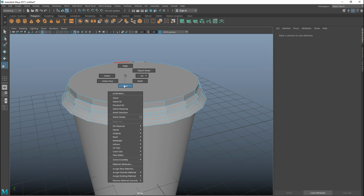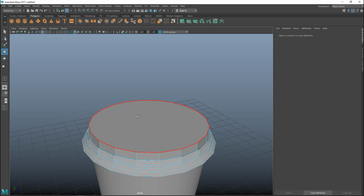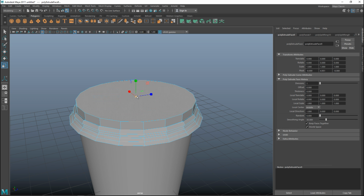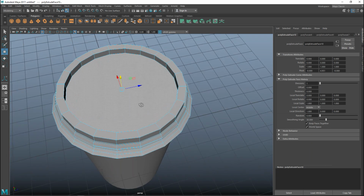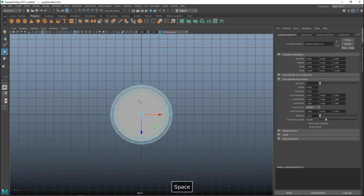Okay, we're going to right click at a face. Not quite sure if this one's high enough yet. So we'll hit W and pull it up just a bit. Alright. We're going to select this face. We're going to hit Control E to extrude, R to pull in, roughly to this position, G to repeat last command, and W to push it down, like so. Alright. And then we're going to jump into the top view here,